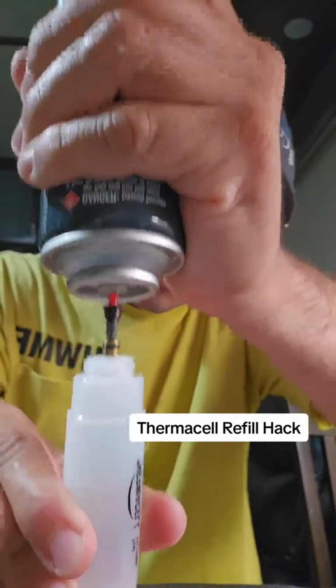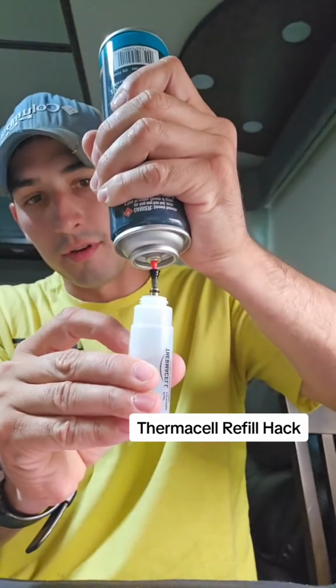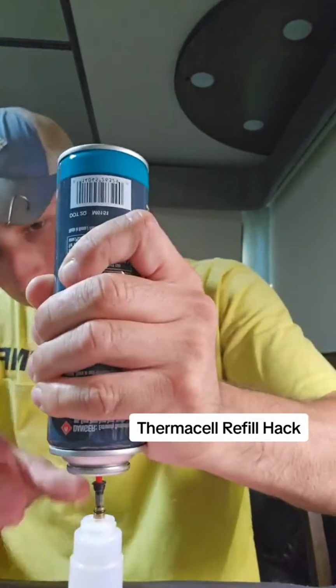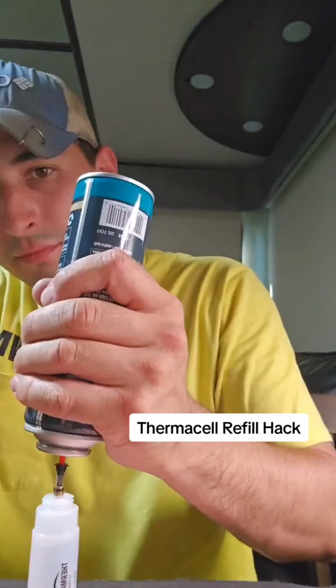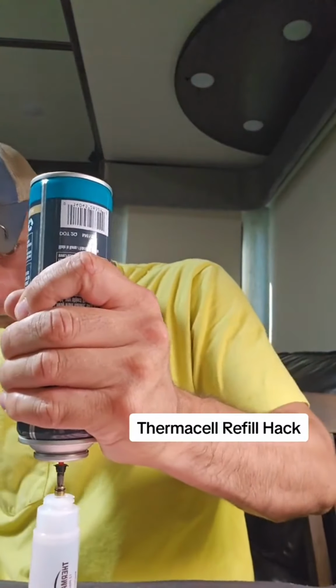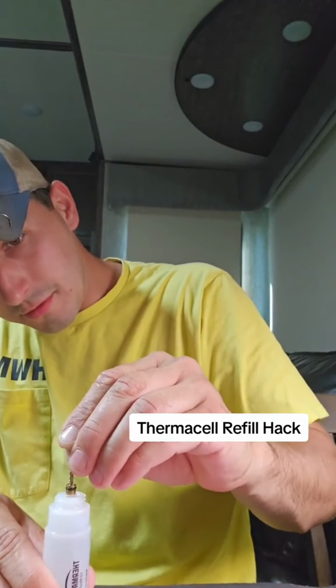I go right above the label, about halfway between the label and the neck where the cap will go on. Alright, we're almost there. And just to finalize, take your screw, bleed it till you just get a slight whiff of that butane coming out, or you feel the coldness